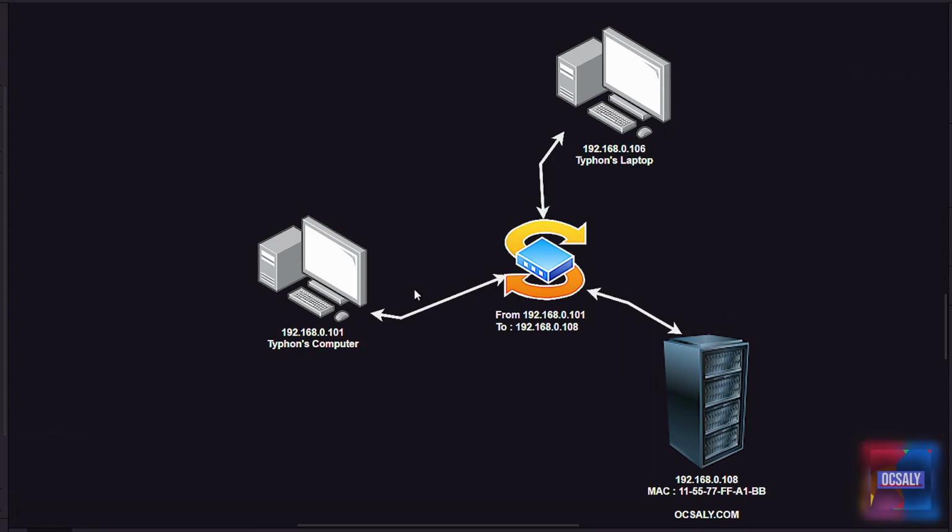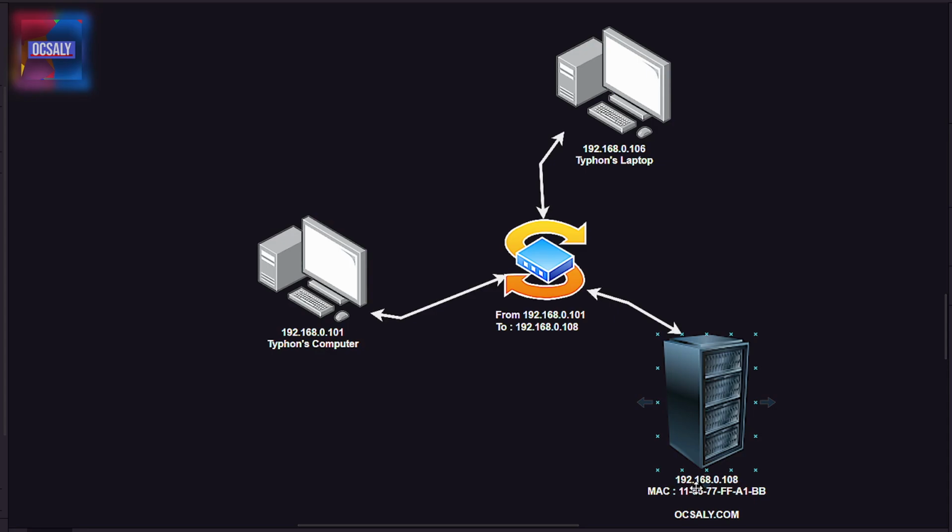So, for example, the node with the IP address 192.168.0.101, named Typhoon's computer, wants to send data using the IP protocol to the node with the IP address